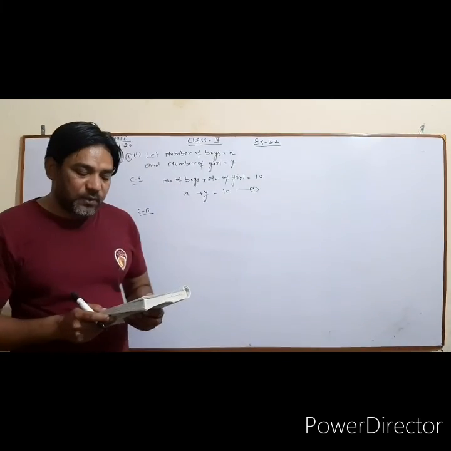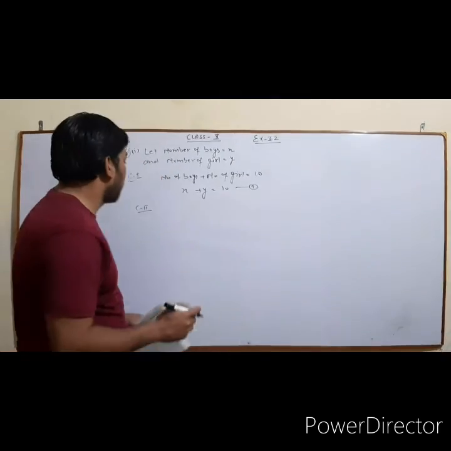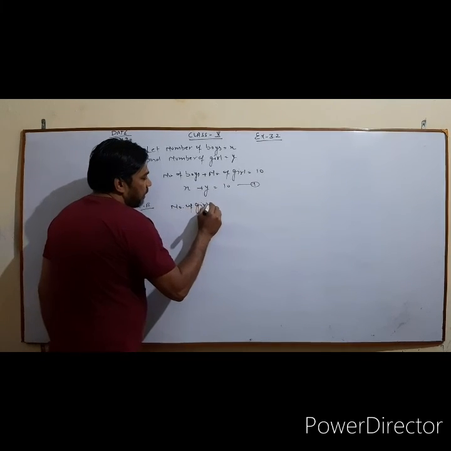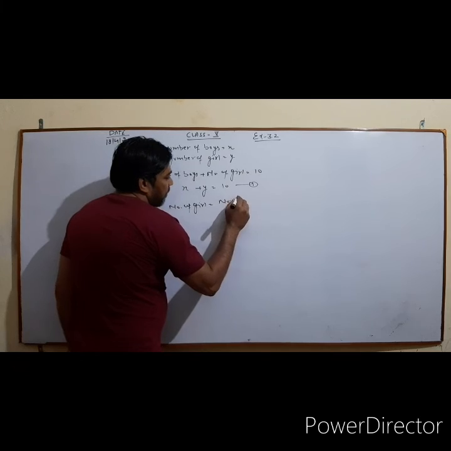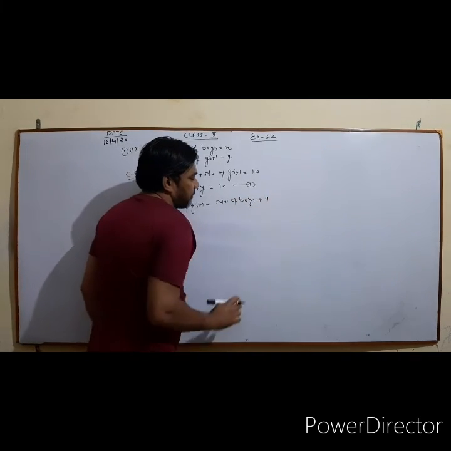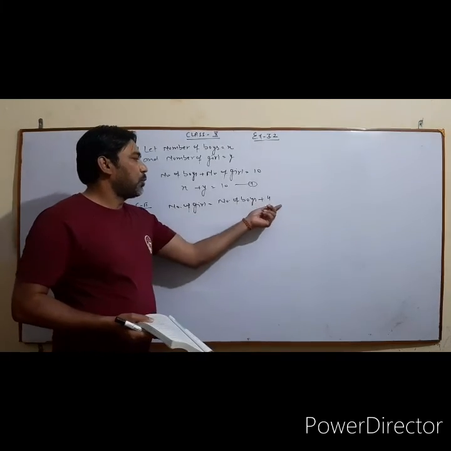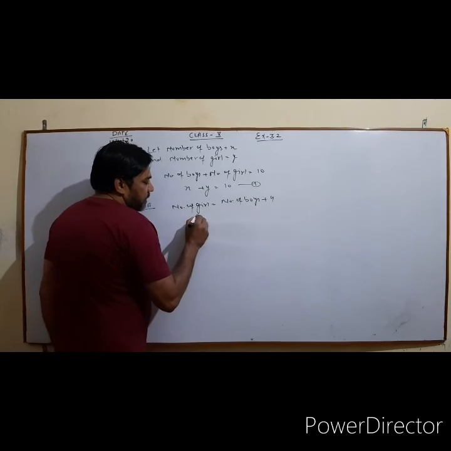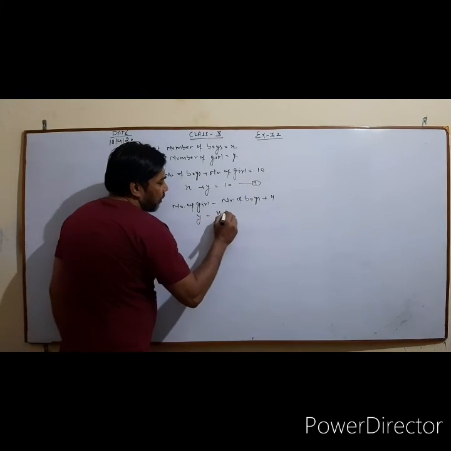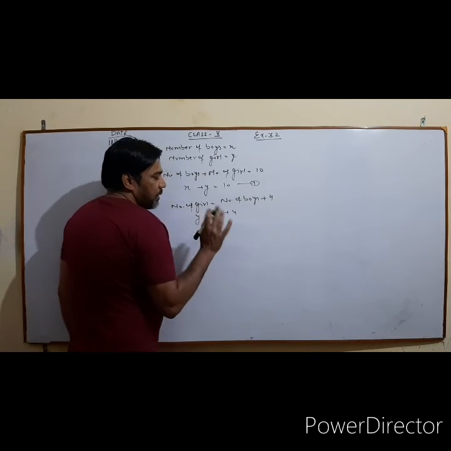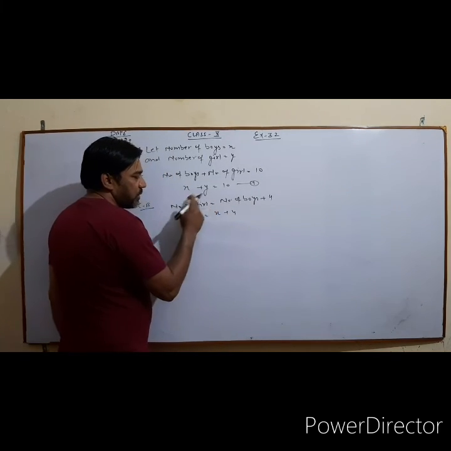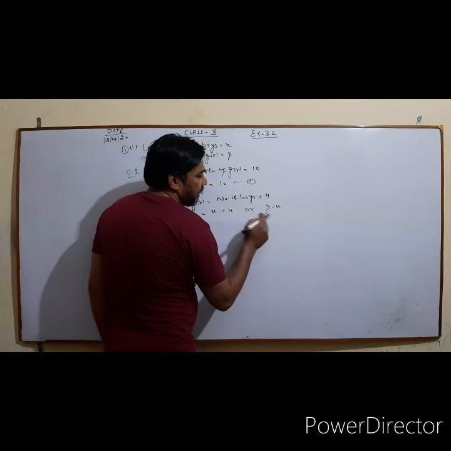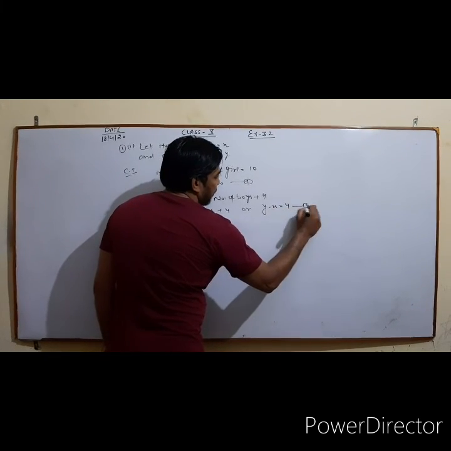Now we move to the second condition. And what is said? If the number of girls is 4 more than the number of boys. So case 2 says number of girls is equal to number of boys plus 4. So what is the number of girls? y. Number of boys? x plus 4. So this is your second equation, and if you transpose it from the left hand side, it can be written as minus x plus y is equal to 4.